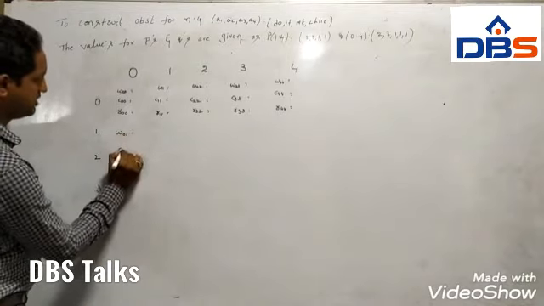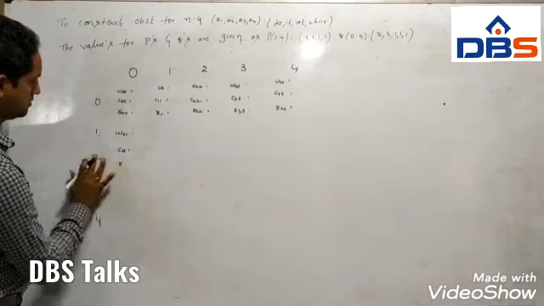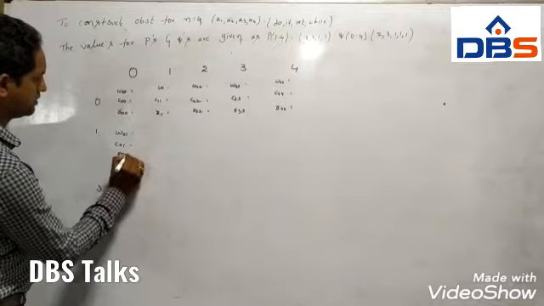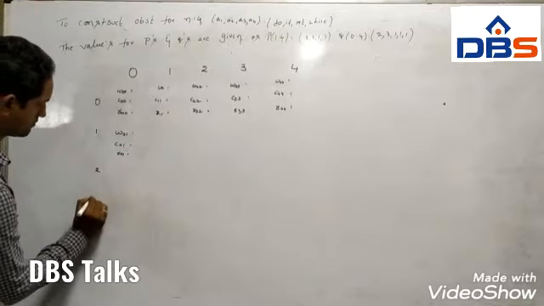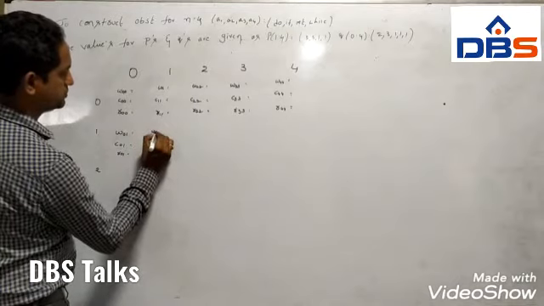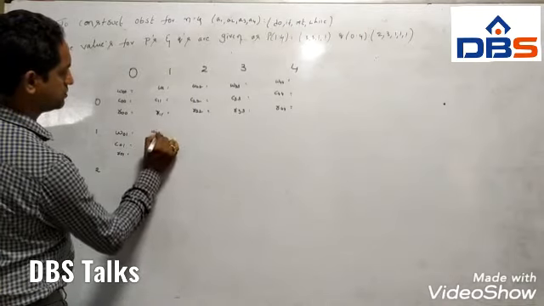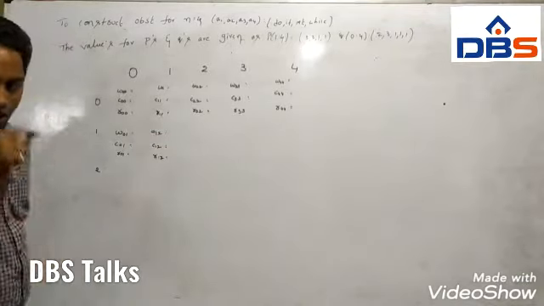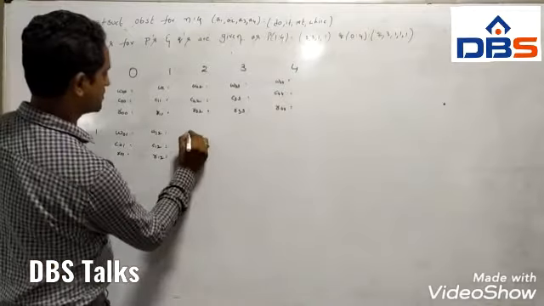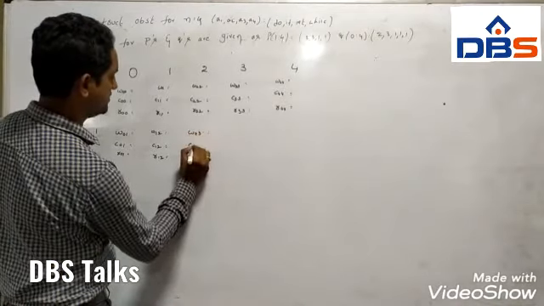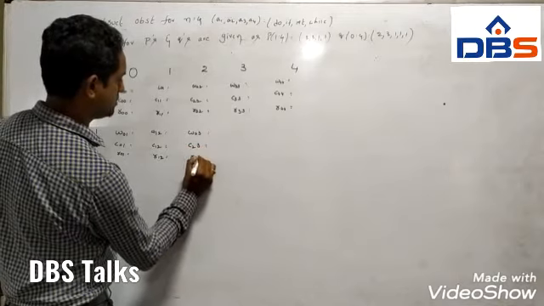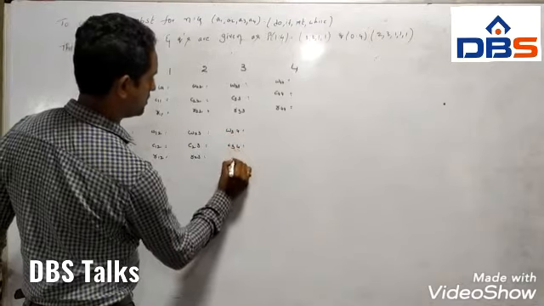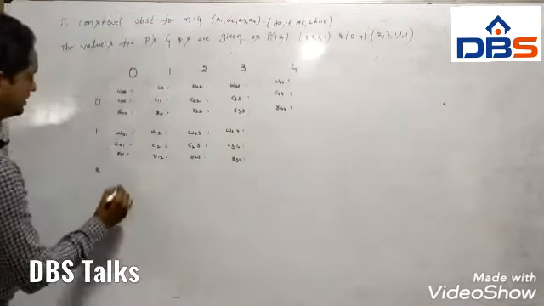W01, C01, R01, W12, C12, R12. Next, W23, C23, R23, W34, C34, R34. The next,